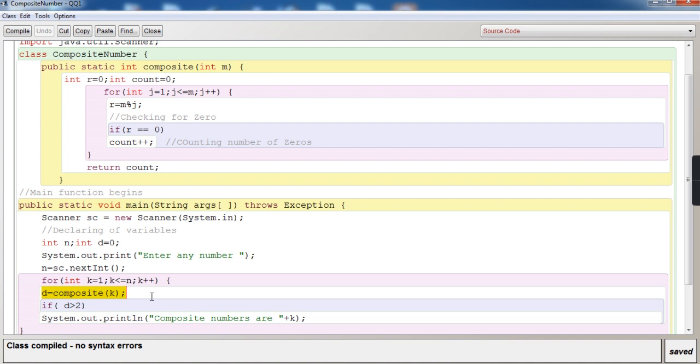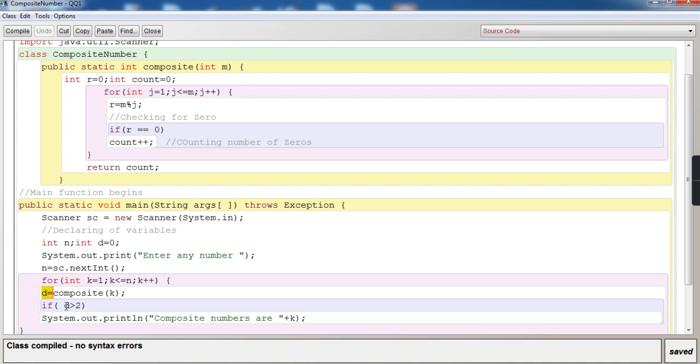Within the bracket k is given, that is a parameter, and composite is the name of the function. As it is a return type, as the question says, there is d is equal to, which means d is going to get the value being returned from the function definition.